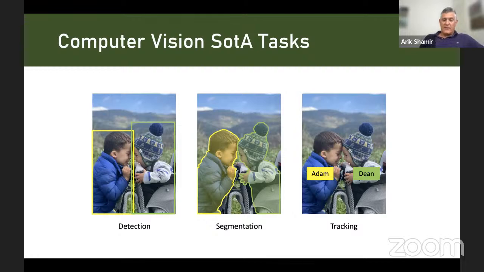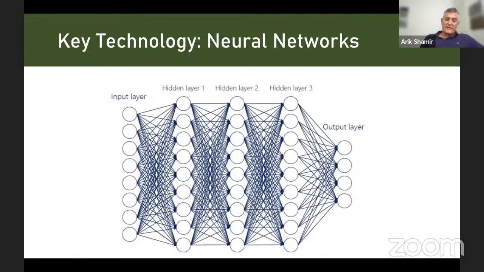Some examples of the tasks it can do are detection of specific items or people, segmentation of parts of an image, and also tracking over time in video, for example. The question is how well these algorithms work on non-photorealistic input. Most of these algorithms work with neural networks, which is the key technology today to solve these different problems.